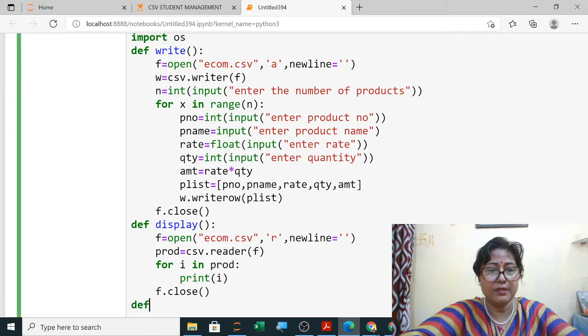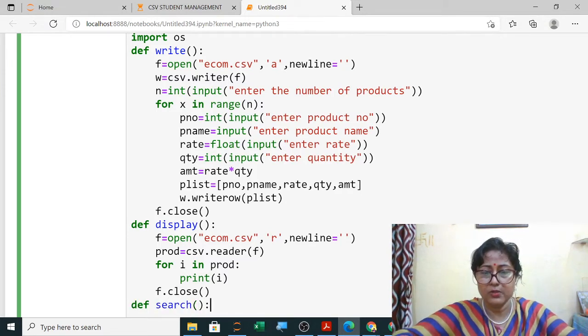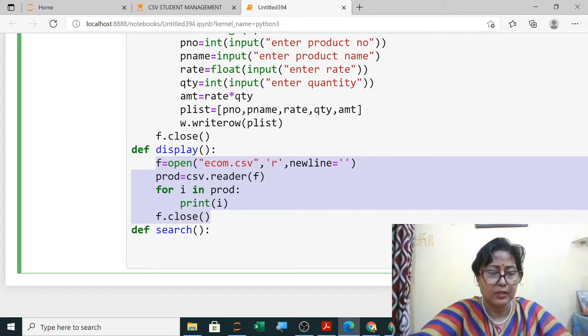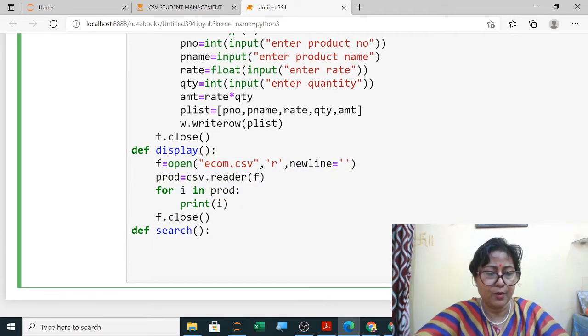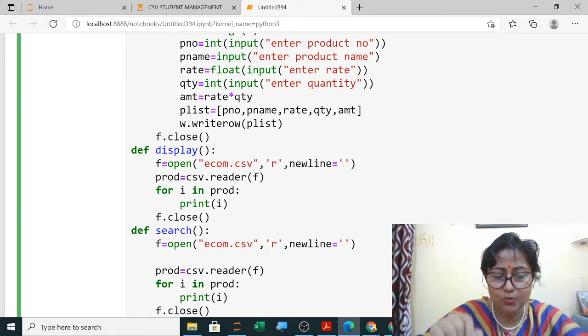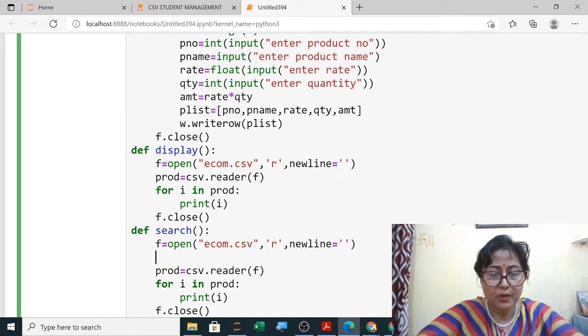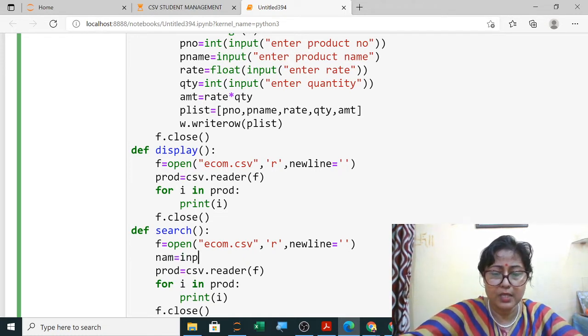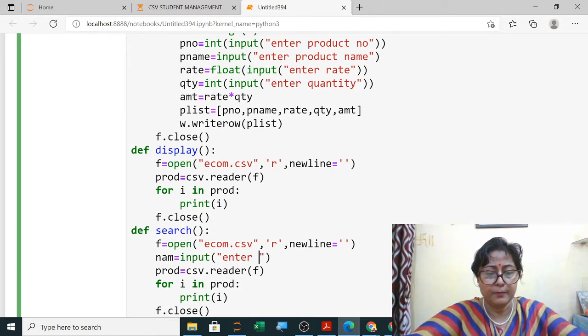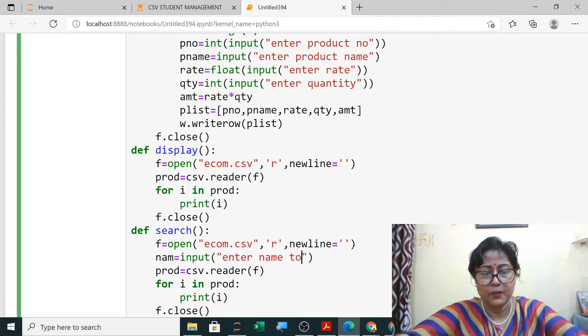The rest of the functions I am simply writing. Search I am not writing now, search is also the same as display. I can copy paste it from here. I am just copying it from there. Only I want to search, suppose the product number or the product name. If it is a name you want to search, then you will ask the user, enter the name to search, the product name which you want to search, using input.